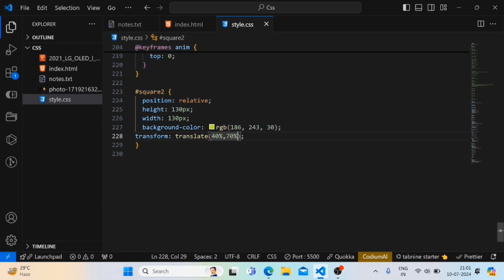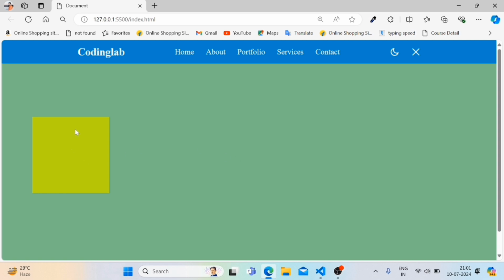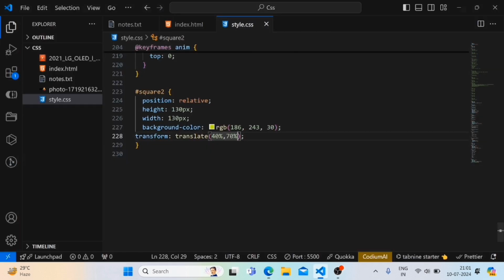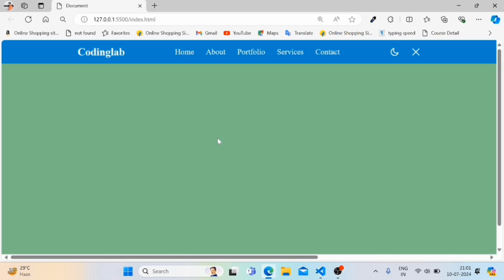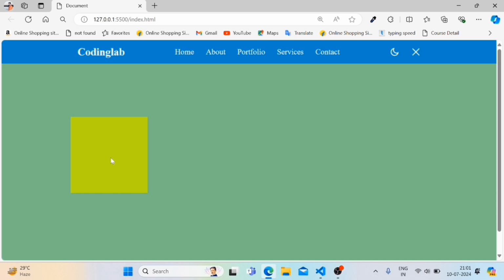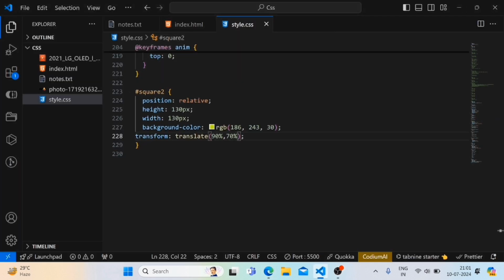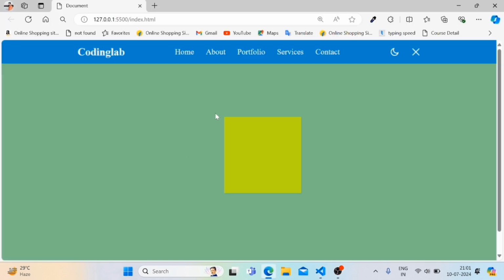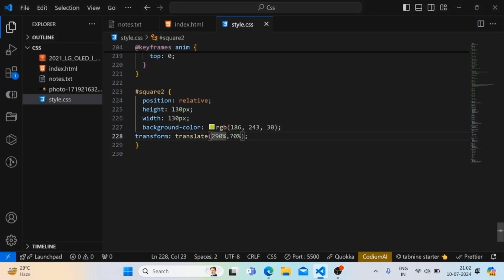So let's check where it is right now. You can see here is our div right now, and if you want to move here, then we can increase this from 40% to, let's give here 90%. You can see here is our div right now. If you give here 290%, you can see it is at this place. Transform is basically used to move your element from one place to another, and there are many more properties, like